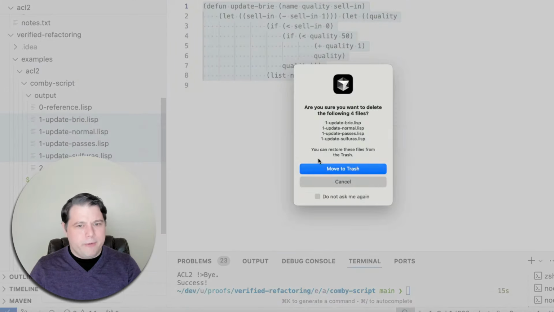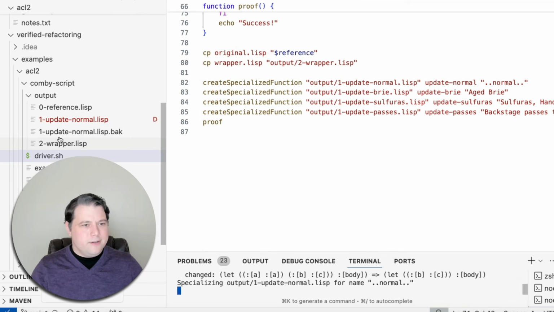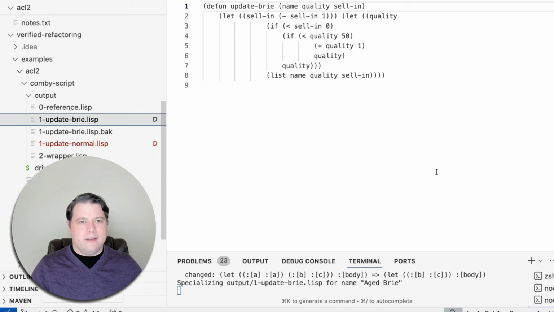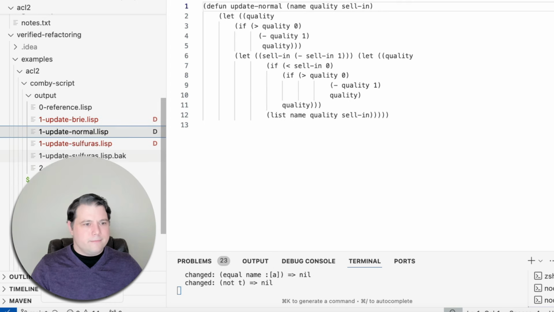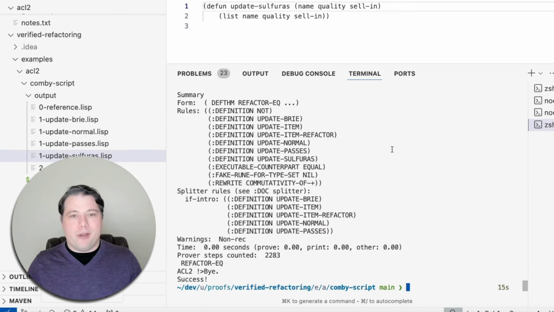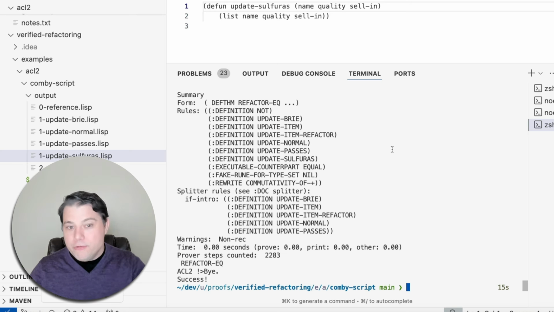So that's pretty cool. I mean, we could just delete that refactored code and almost instantaneously write it all over again. If we're quick enough, we can even watch it happening. So I was pretty proud of that, honestly, but need I remind you, we are not truly using automated theorem provers as refactoring tools so far. We're just using them to confirm the validity of a refactor that we perform through other means, in this case